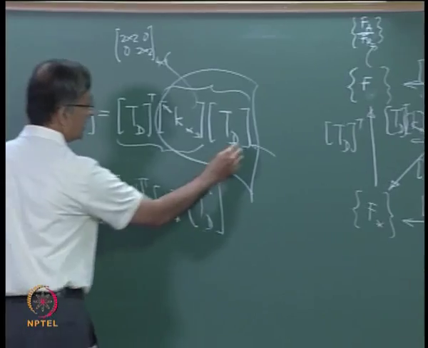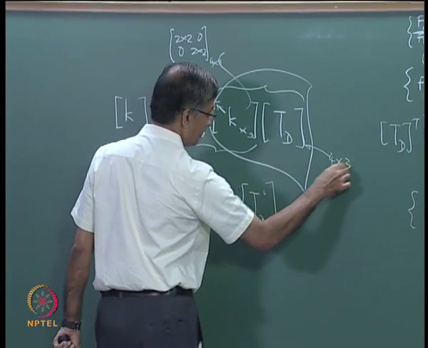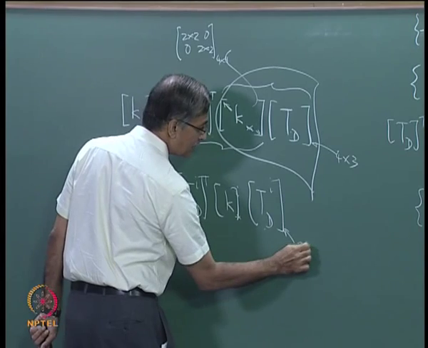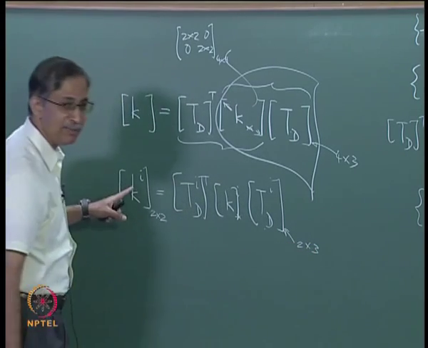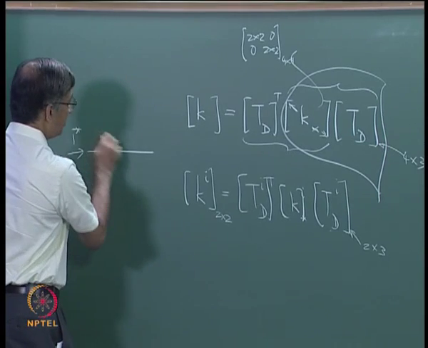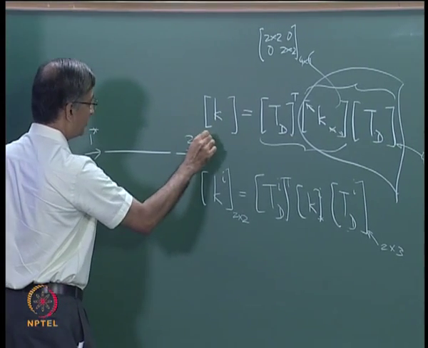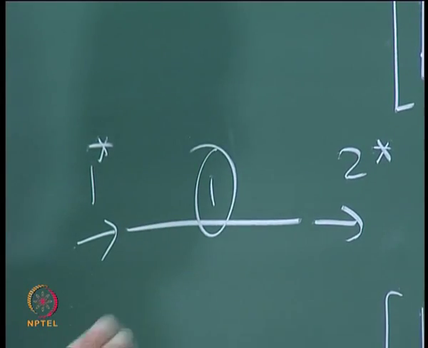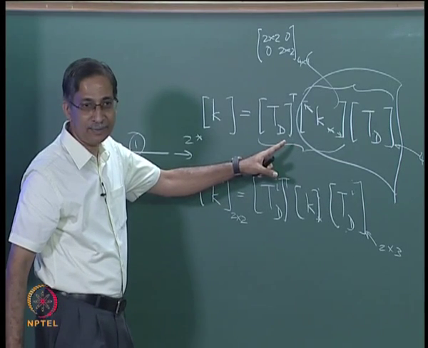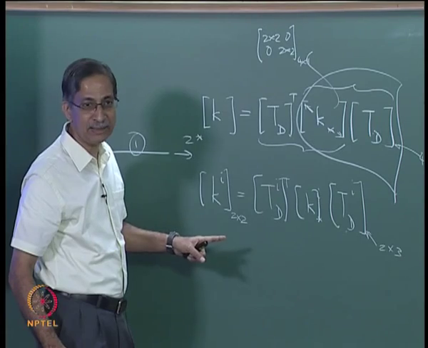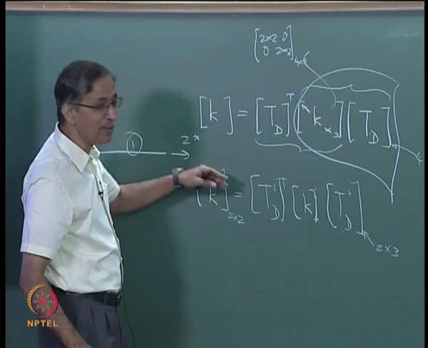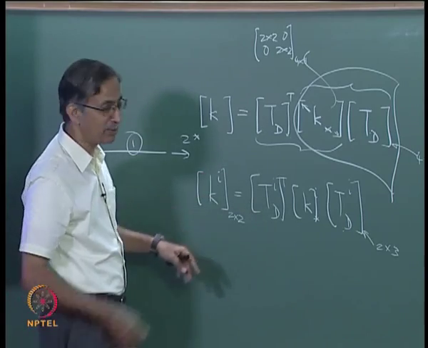So remember, this is 4 by 3, but for each of them, what will this be? This is 2 by 3, because each element looks like this. It's got 1 star and 2 star. That's all it's got. You got element 1. Likewise, you got another element 2. That's how it works. Does it make sense? So you do this, and you add up the contributions for the 2 elements with the summation sign.